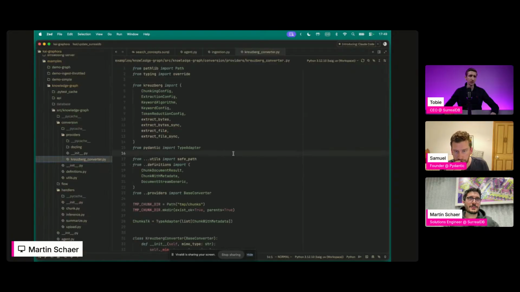But yeah, there's a lot of things, and with Markdown, since you have very clear definition of what headers and tables are, you can also do very intelligent chunking, very easily as well.